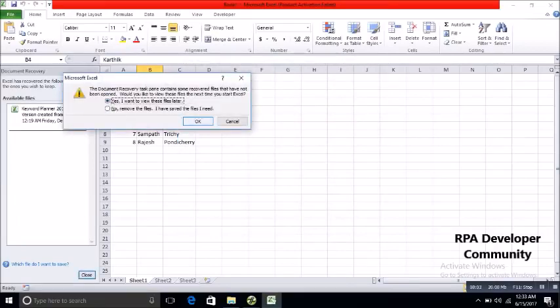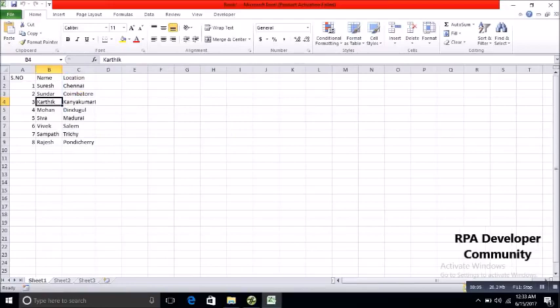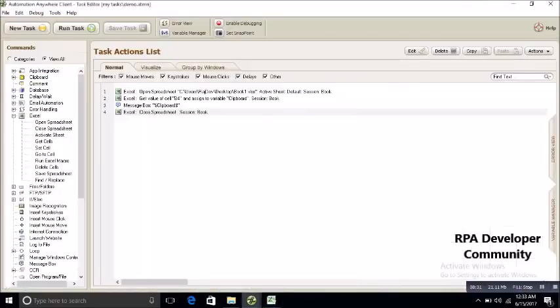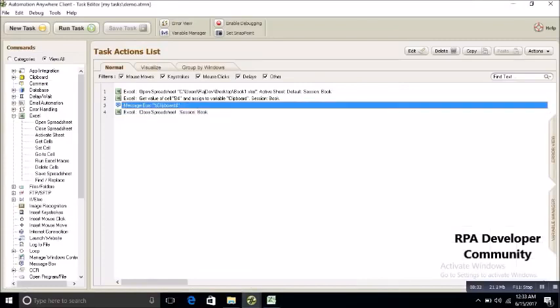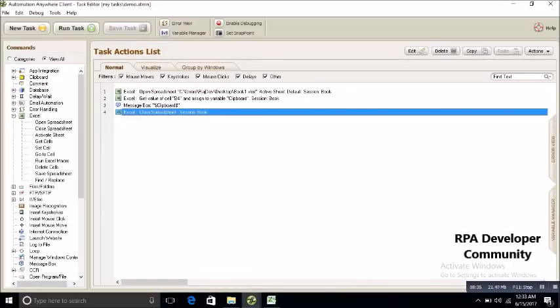See, in B4, B4 is Karthik. You can see this is column B and this row is the fourth row. So at the address B4, the value is Karthik, and that value only was extracted here. So next